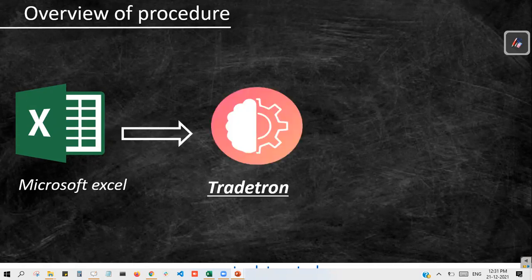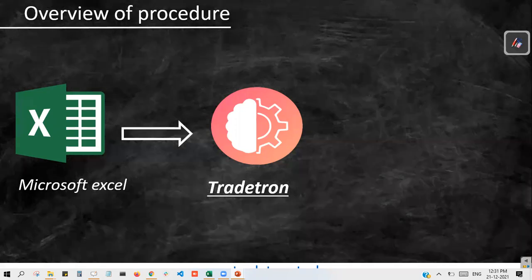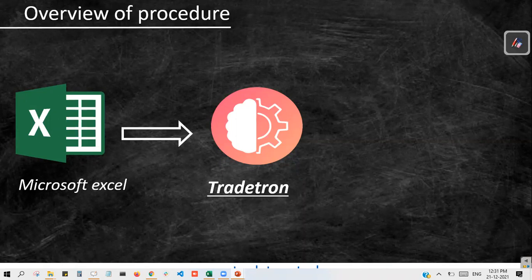And if your deployment is in paper trading or live offline, then those positions will be visible to you in Tradetron. So obviously, you can paper trade your option positions from Excel to Tradetron. After that, if you connected your deployment, means if your deployment is live auto, those orders will be placed directly into the terminal.